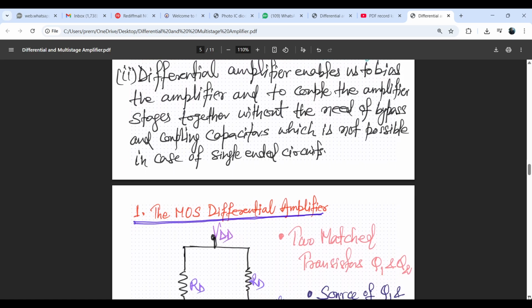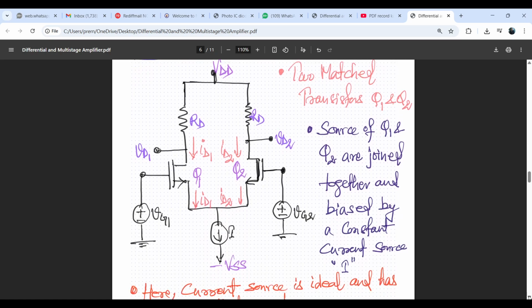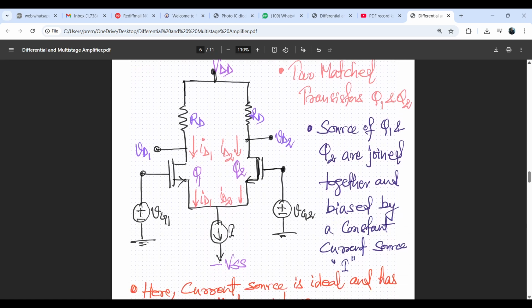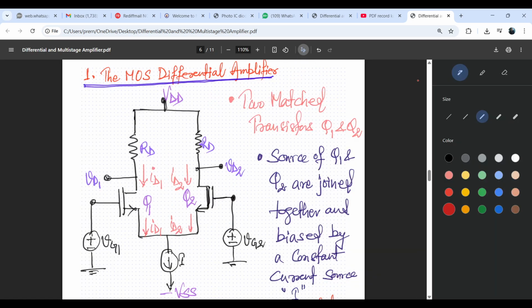Now the MOS differential amplifier. Today we will discuss in detail the MOS differential amplifier. As we discussed in the very beginning, the MOS differential amplifier uses two transistors, that is our Q1 and Q2,